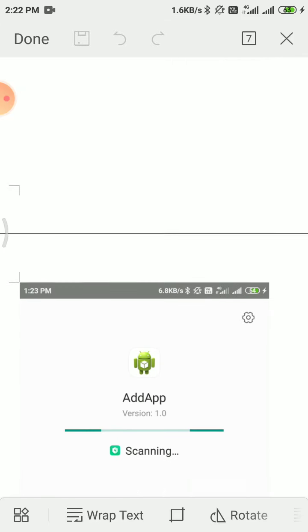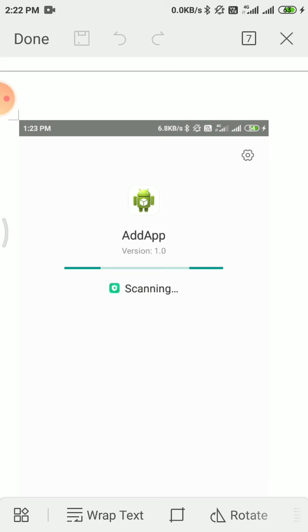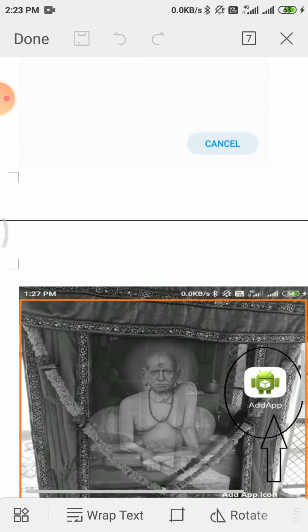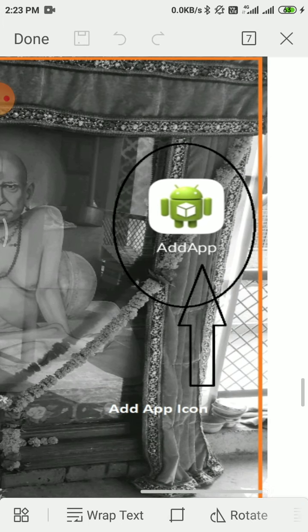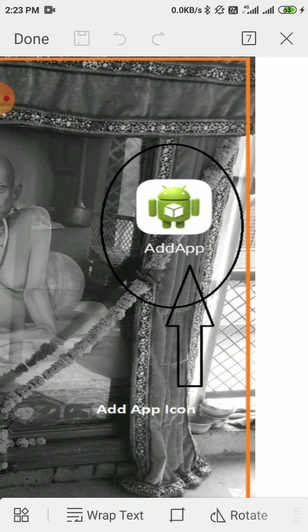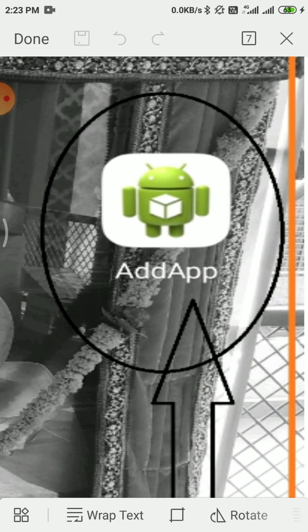Once you have successfully installed it on your mobile, your app is installed, and this type of screen is displayed here. This is the default sign of a mobile app, any app is signed here with the green symbol.